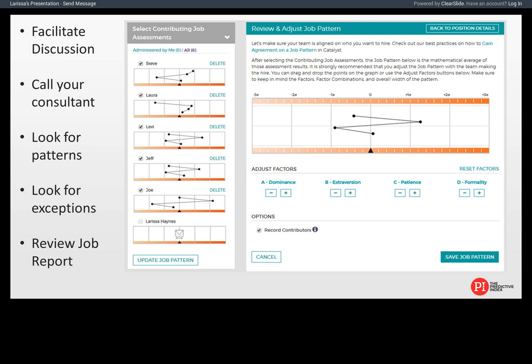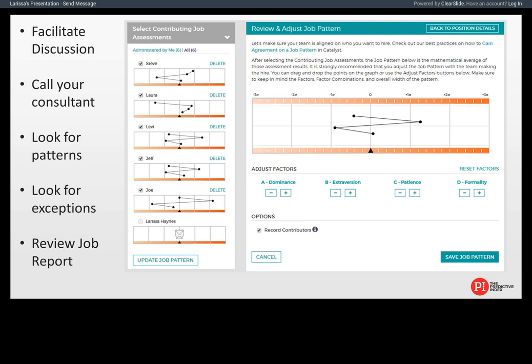So we would want to talk to Laura about why she sees that this person needs to be a little bit more consistent. And again, really keep the PI languaging out of this unless everybody's been trained or has a lot of experience with it. Keep it more in, hey, so we all think this is someone that really needs to connect to people quickly, someone who is a team player, likes harmony, but can really understand a sense of urgency.